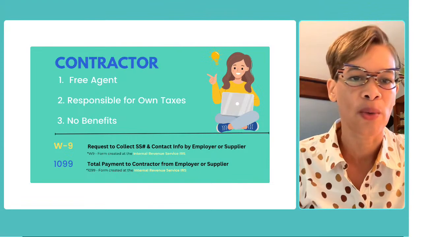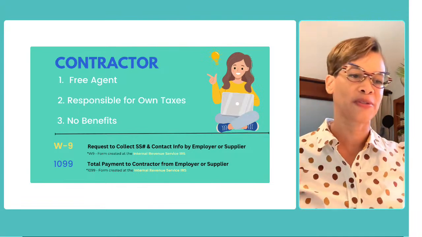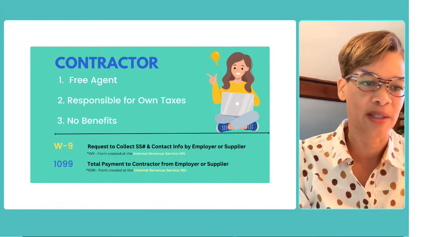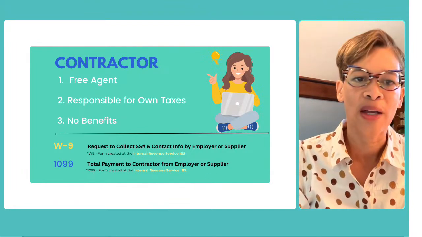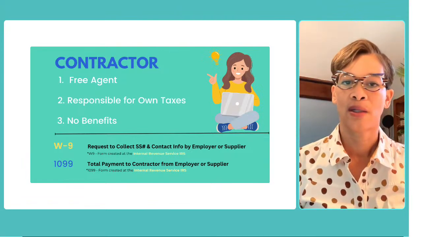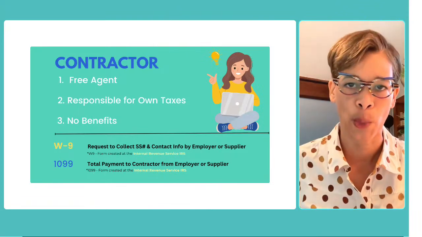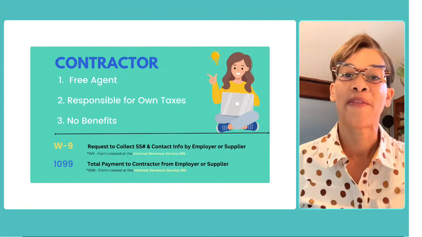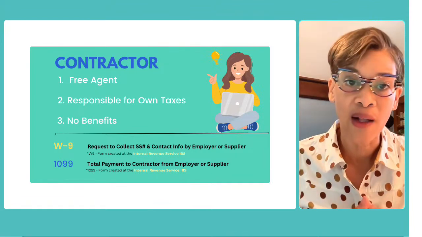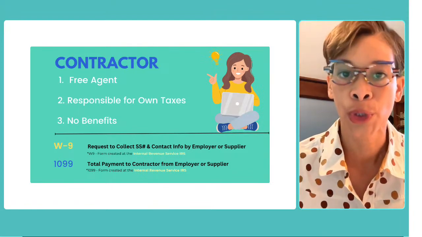So the first thing we need to know, and these are some of the top level differences, there may be some other subtle differences, but these are the main ones you can basically make the distinction from. A contractor is basically a free agent. They're not really beholden to a company. They usually tend to have some type of contract governing the conditions of how they work with a company, but they're not an employee in that they're free to work for other companies, they're free to work for themselves, and sometimes a contractor does have their own business and they contract their service to someone else.